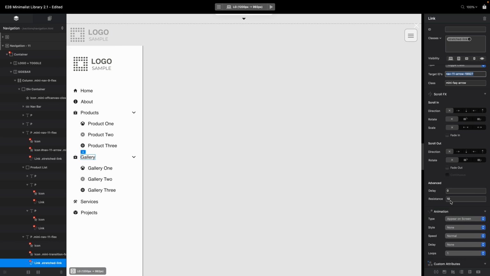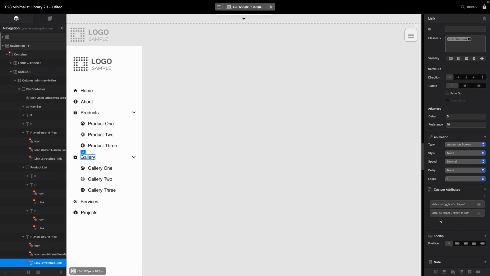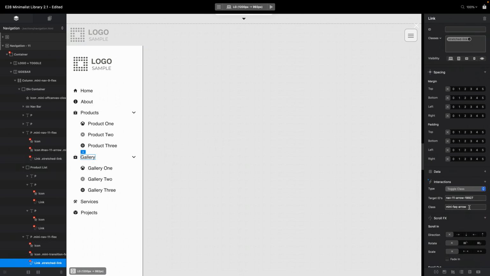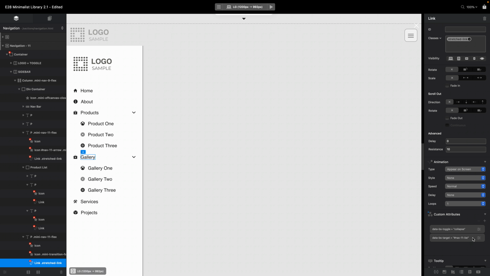The other thing is we need to set the data BS target, basically to target the new list we have here, the gallery list. Right now it is targeting the product list. So if you select this div, you will see that it also has an ID, nav11 list, and this is what this one is now targeting by default. But we don't want this link targeting this drop-down menu,